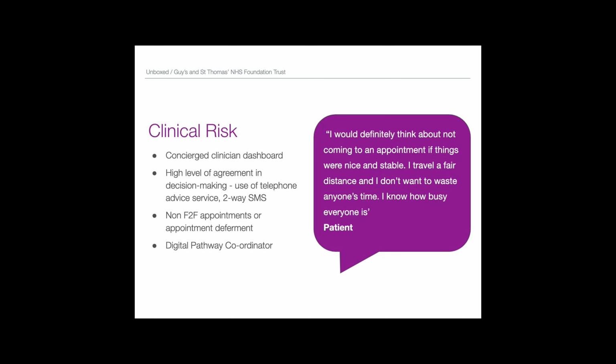Because we have a future ambition, and it's an ambition that is soon to be enacted, to have a digital pathway coordinator, someone who is not a clinician, who will concierge the service, and to ensure that there is appropriate and timely two-way SMS communication between patients. I am going to talk about COVID, as Martin said, but I think it's important at this point to acknowledge